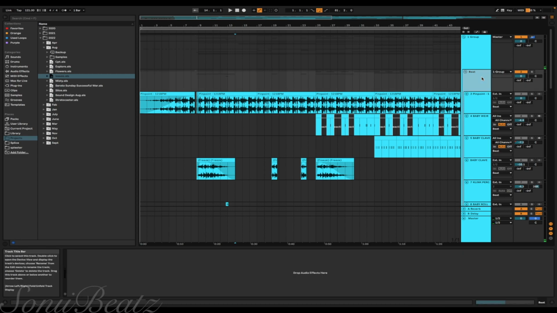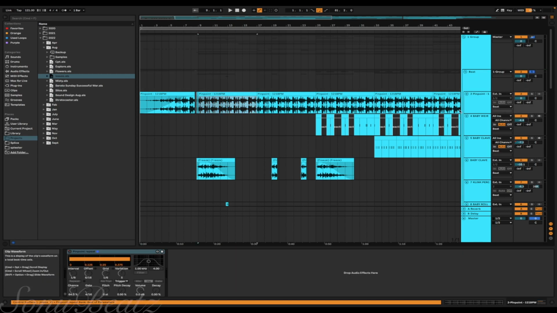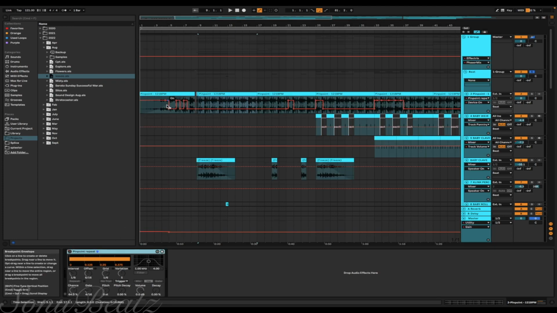Alright, next for the drums. So for the loop, I used a pinpoint loop, and I added pinpoint repeat to it. That was just a beat repeat preset that I made when I made this beat. So as you can see in the beginning,